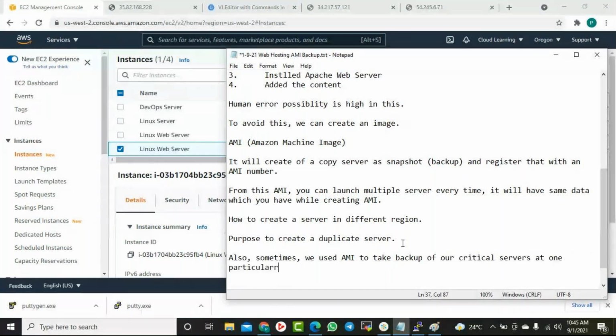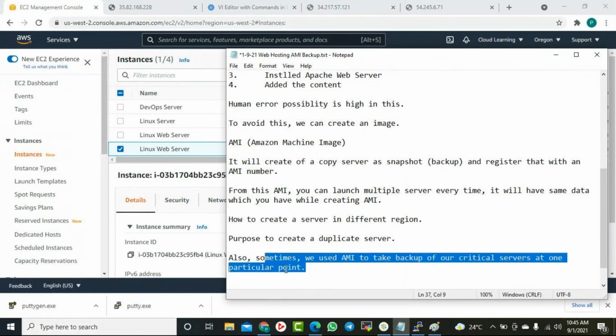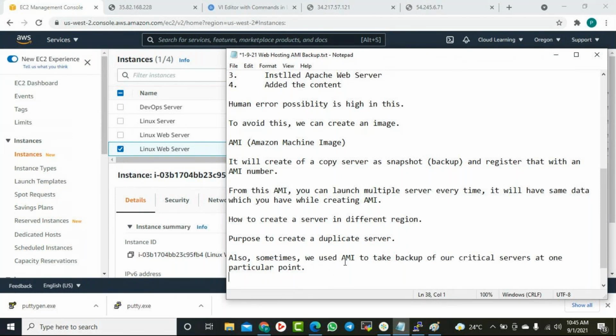Till this point we have worked, so I'll take an image and this will be safe for the long term. So this way also you can use AMI. Create duplicate servers and use it as a backup.